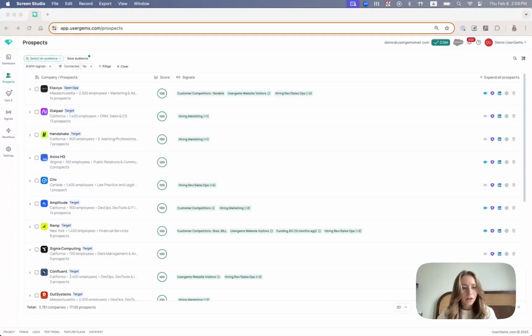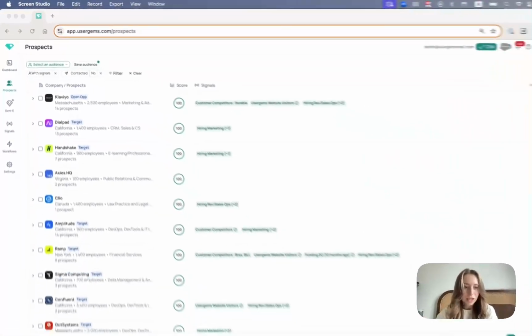So in order to revive closed lost opportunities or closed lost accounts, you're going to want to reach out to them when a relevant signal happens, which might make them want to reevaluate the product again. So first things first, we're going to set up an audience for this signal. And then we are going to set up a workflow to use Gemi AI messaging to reach out to them